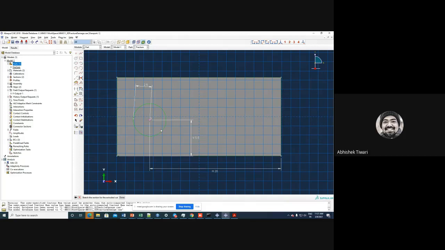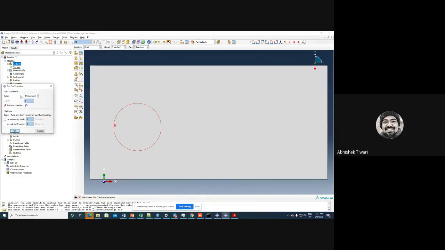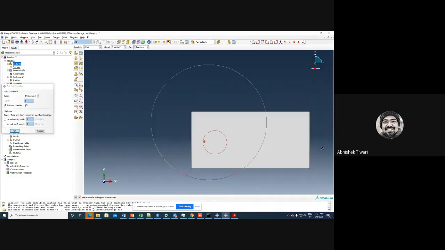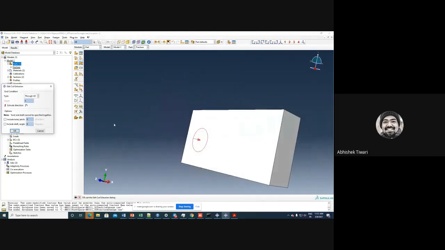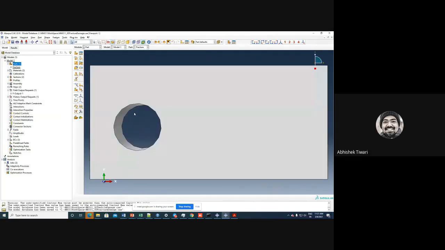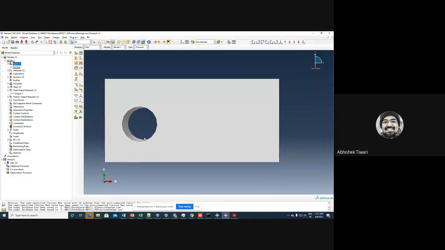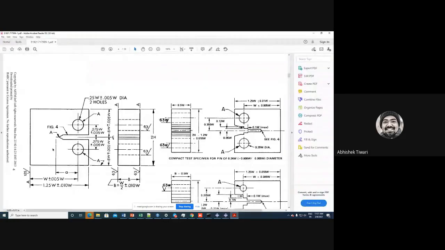And I want to extrude this thing. So I want to extrude and remove this thing from the body. So through all means, from the whole section, it will remove this circle. So I do okay, and then I have made the hole. It looks linear because the graphics is like that. You can actually change the graphics to fine and you will see a perfect hole here. But that is unnecessary.